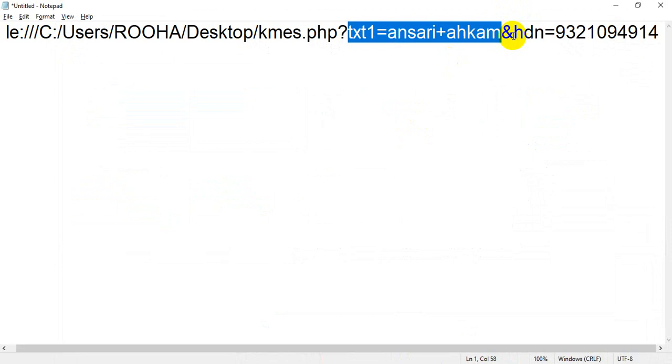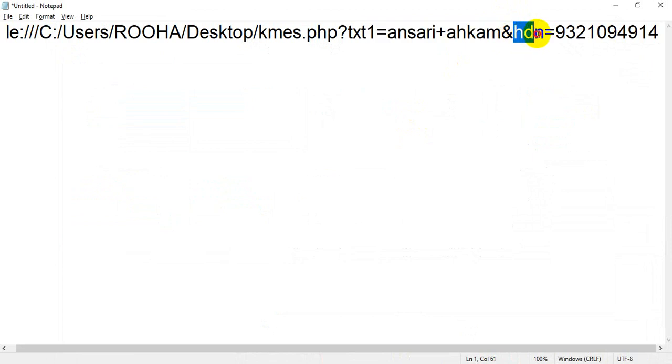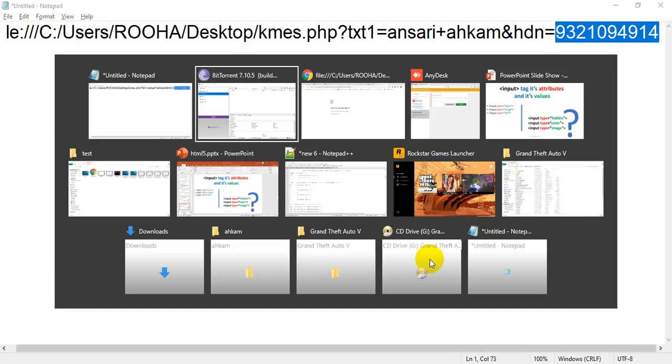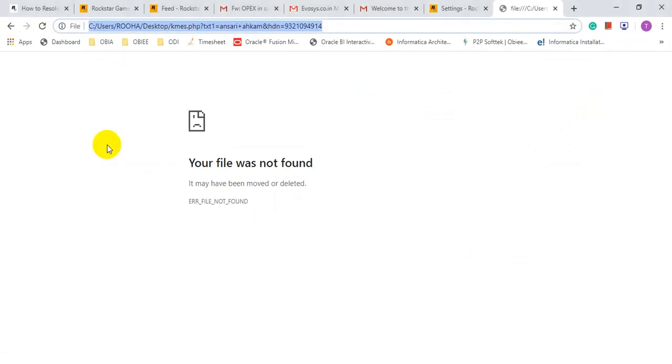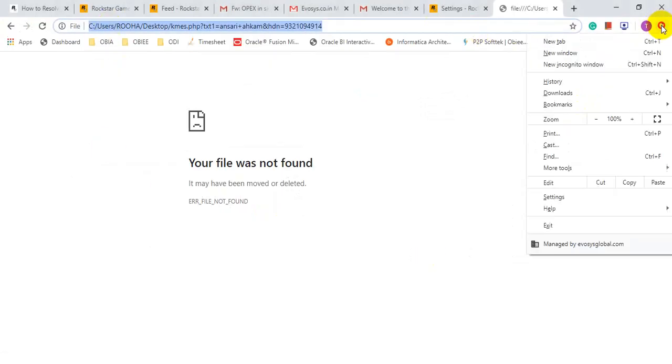And what is hdn? hdn is the name of our second text box, that is input type equal to hidden, and equal to, I have written my contact number. This value is shown on our URL, on our browser. Here you can see.